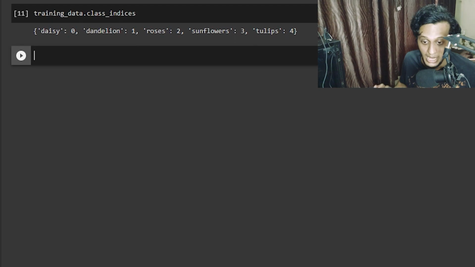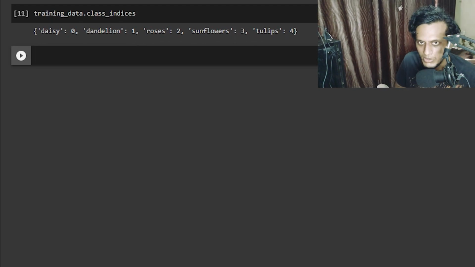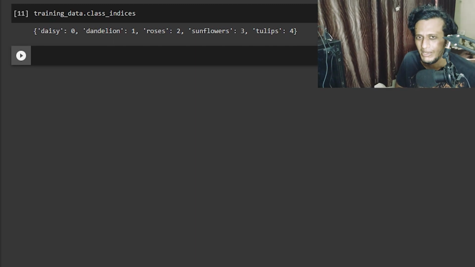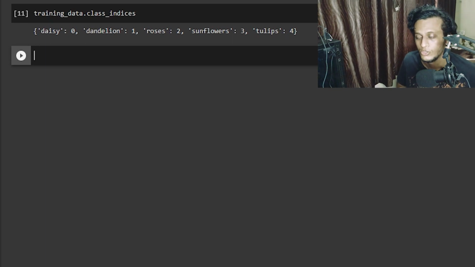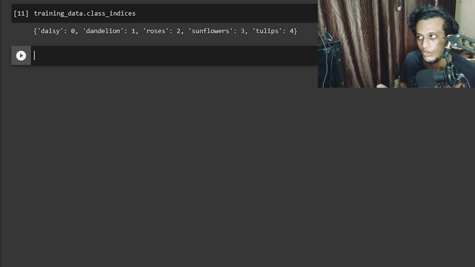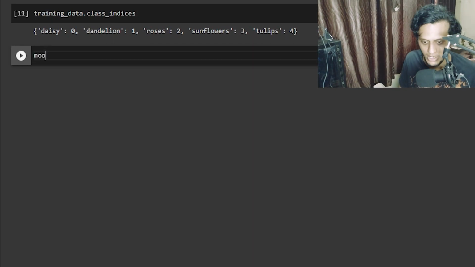And now comes our main part, which is the model creation. So which model do I want to make? In this one I'm going to make a very simple model, somewhere around 3 layers deep. So 3 conv layers with 3 max pool layers. That is going to be the architecture of it. So I'll say model